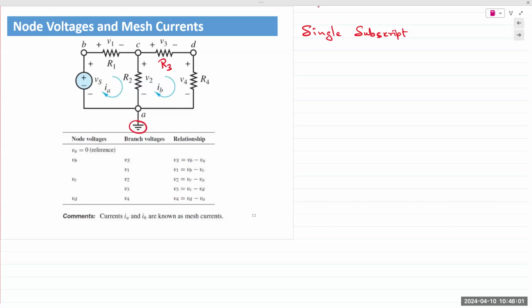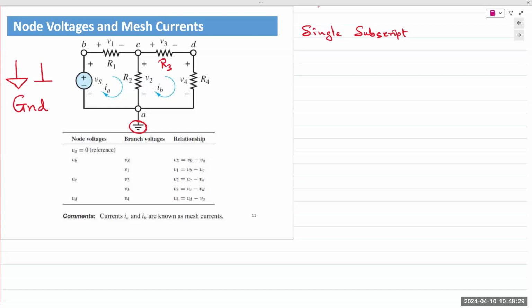But just as a separate note, ground is noted by 3 parallel lines in the shape of a triangle. Sometimes it is literally noted as a triangle. Sometimes I've also seen this, and the acronym would be GND, ground. Anyways, coming back to our node voltages,